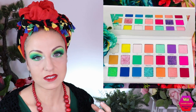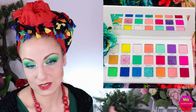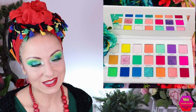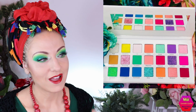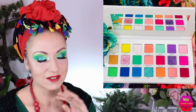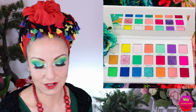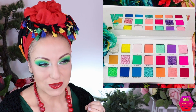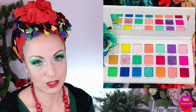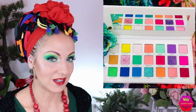I know that to produce pressed glitters in a palette is cheaper than producing shimmers. So that's probably what they were thinking, to keep their costs lower. But I do think that is a turn-off for a lot of people, and I don't think it's a wise decision. Not knowing anything about producing makeup, and I'm not claiming that I know a lot about this, I do feel that if you would invest more in putting in shimmers instead of glitters, you would have bigger sales in the end,